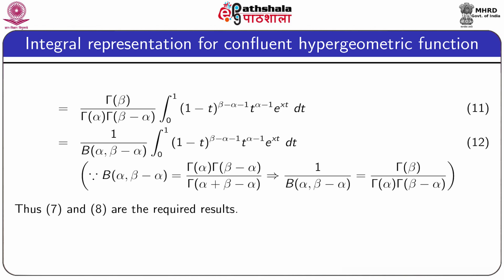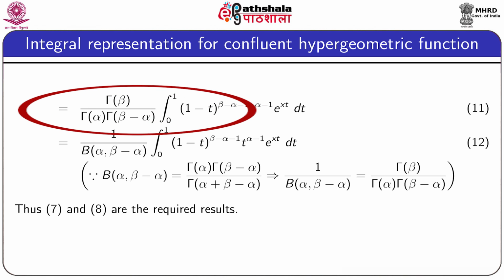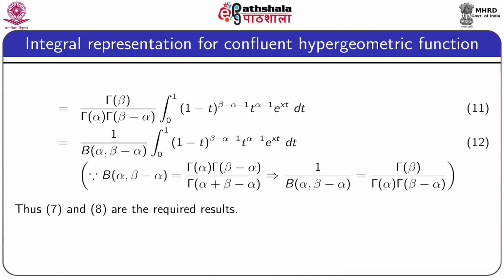And this can be written in the simplified form as gamma beta divided by gamma alpha gamma of beta minus alpha, integral from 0 to 1 of (1 minus t) to the power beta minus alpha minus 1, t to the power alpha minus 1, e to the power x t